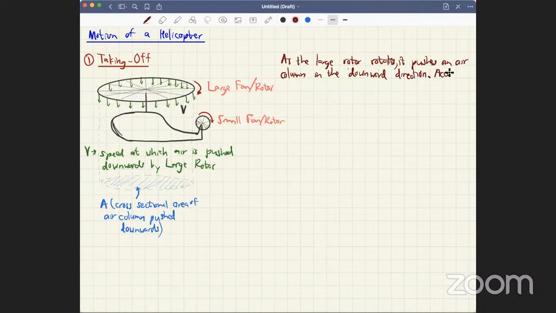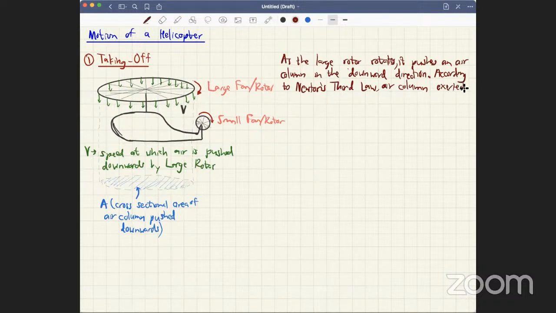According to Newton's third law, what will happen? According to Newton's third law, the air column